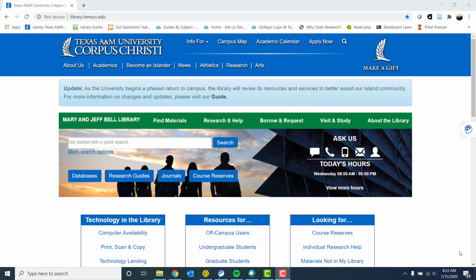We are discussing integrating copyrighted materials into the classroom. Specifically, we're going over whether or not you can use copyrighted materials in your class. So, to start, I'm at the library homepage,